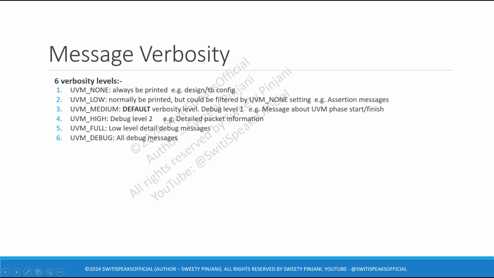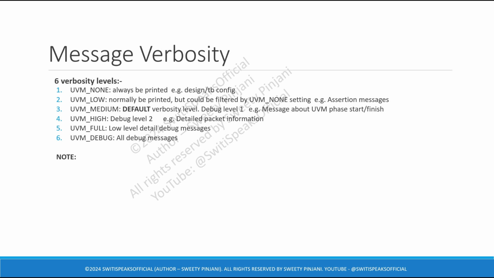The design is already so complex, and if you run at SOC, some tests run for days. If you set verbosity to UVM debug even for normal runs, it is going to take a lot of time. We set UVM debug only when you are not able to understand what the problem is and you really need to debug a particular scenario in detail. Only in that case you have to set this verbosity.